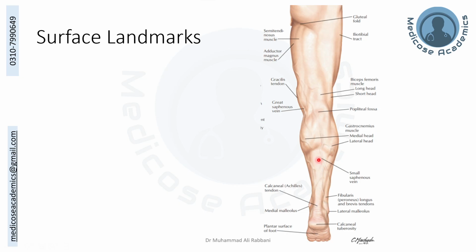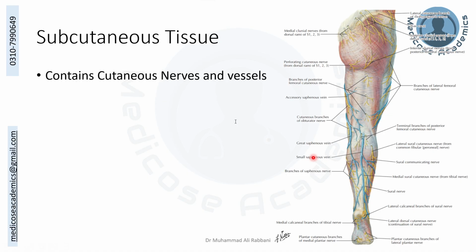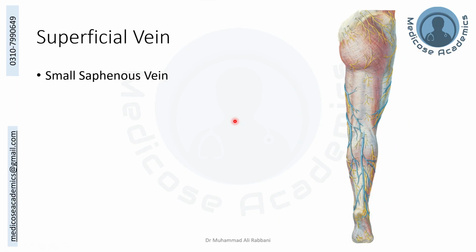Superficial veins and especially the small saphenous vein may be prominent right here. As subcutaneous tissue is there, it's a superficial fascia, and it contains cutaneous nerves and vessels. Okay, it contains nerves and vessels, and on the topic of the superficial veins, it contains the small saphenous